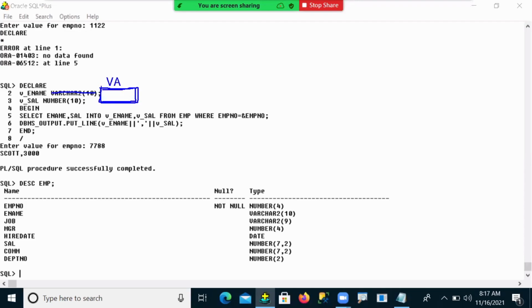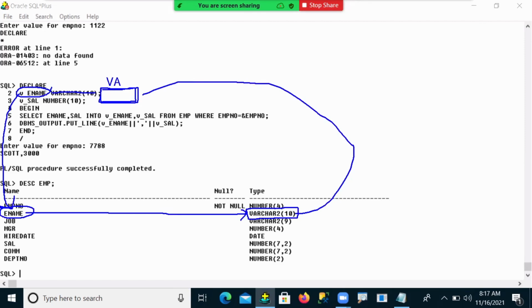And in this memory, we don't want to mention any data type. For which column did you declare this variable? Whatever the column data type is in the table structure, that data type is automatically stored under the variable attribute memory.